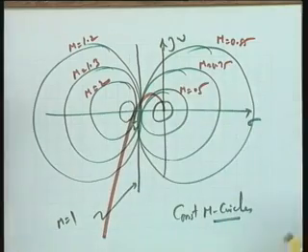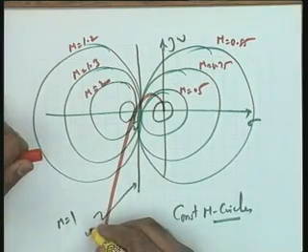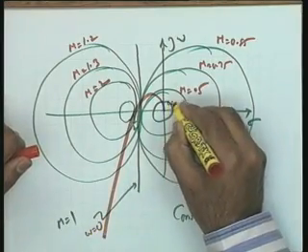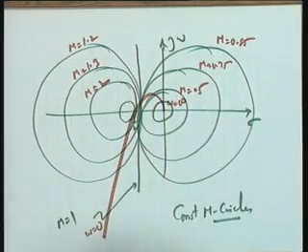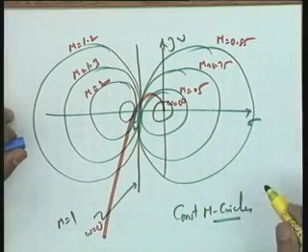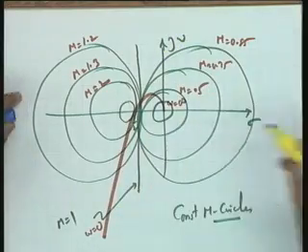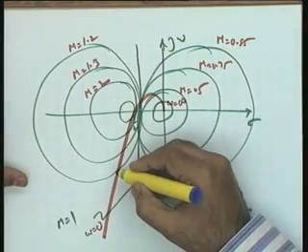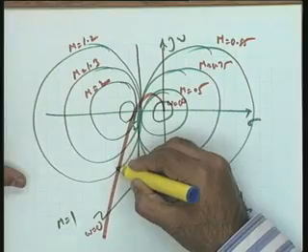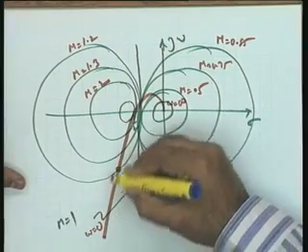Let me say that this is the polar plot of the open loop frequency response, from omega equal to 0 to omega equal to infinity. These are the points I have as far as the polar sketch is concerned. Now, this data is available, and here I have the data for constant m's. Please see this point, the first point of intersection. Its frequency is omega 1, because the polar plot is known to you.